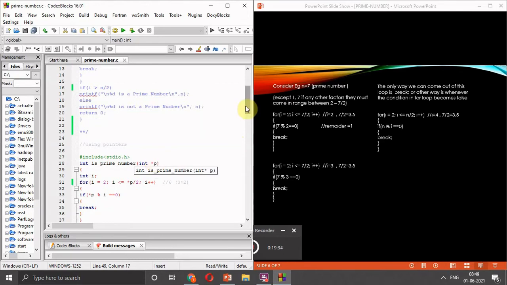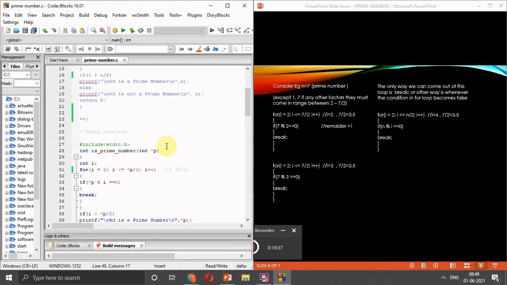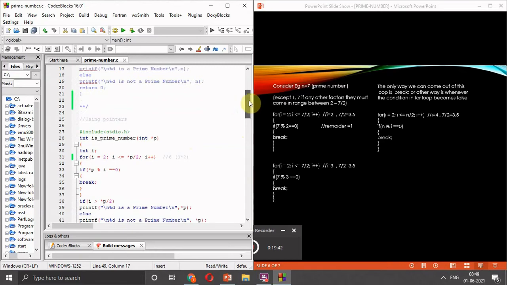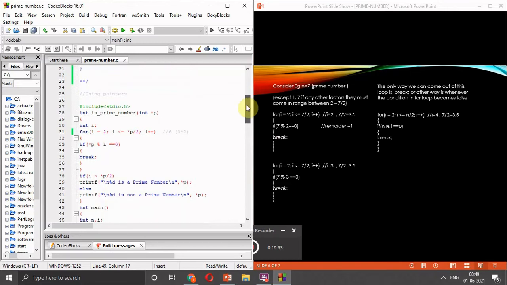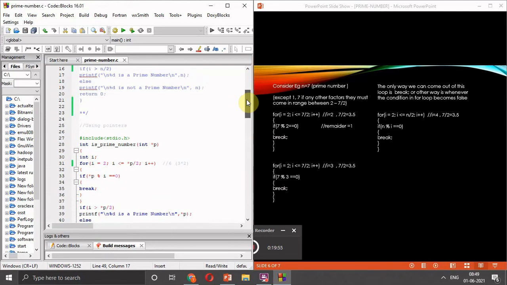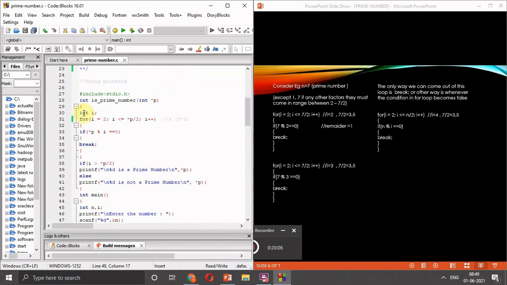I described earlier, if we are using p only, then we are referring to the address, and if we are using pointer p for accessing the value, then we will get the value stored at that location.